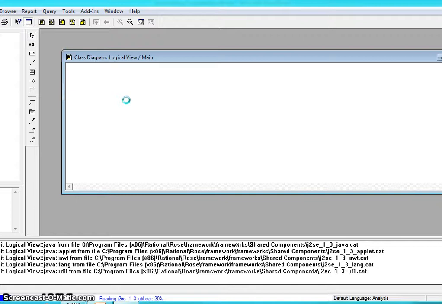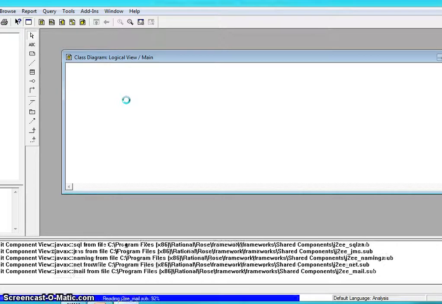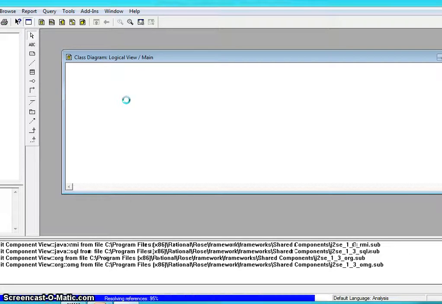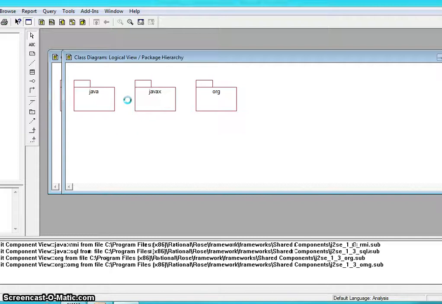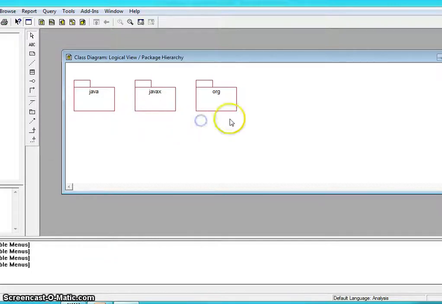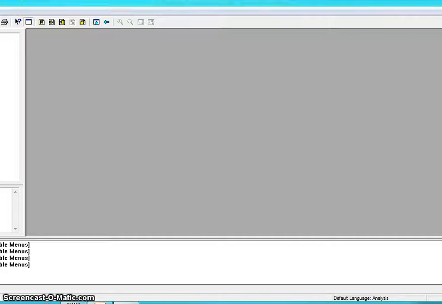So now we'll see a sample way how to create a use case diagram for the same example we had in our presentation, that is the use cases of a student there. So this is the class diagram view. So directly we'll be focusing on your